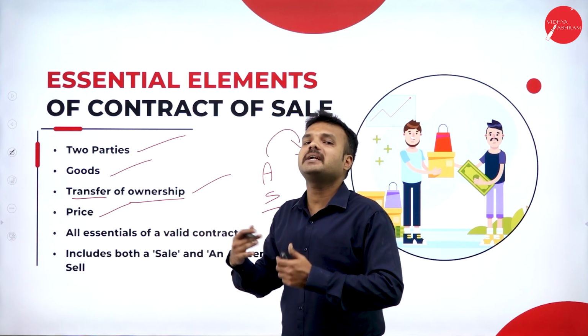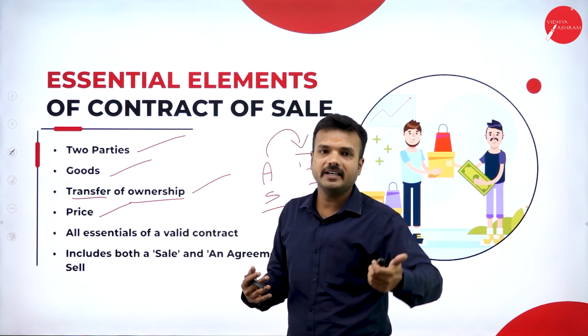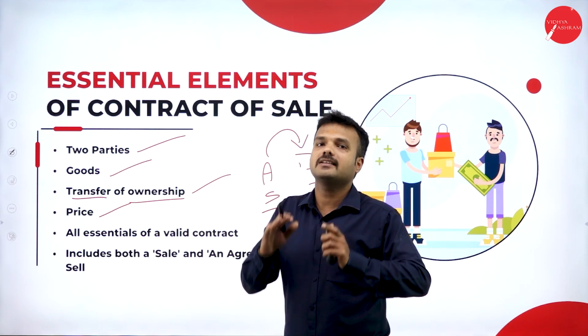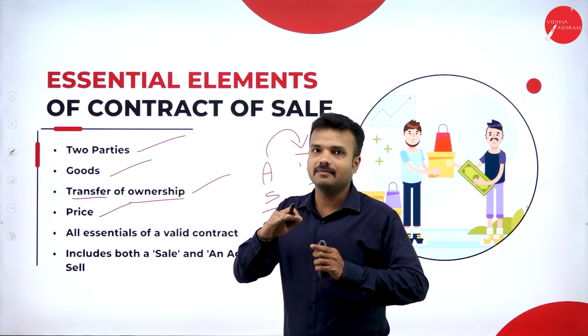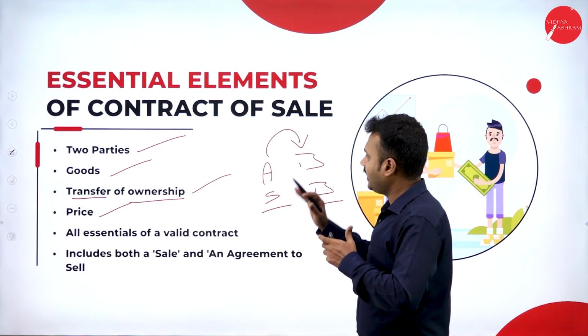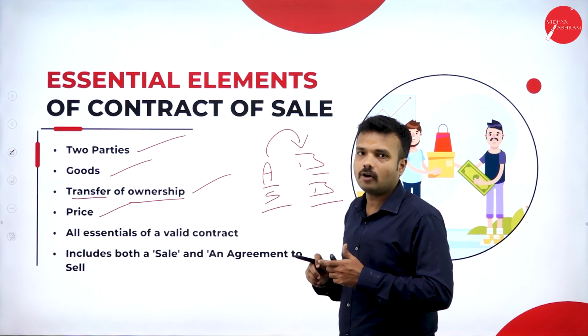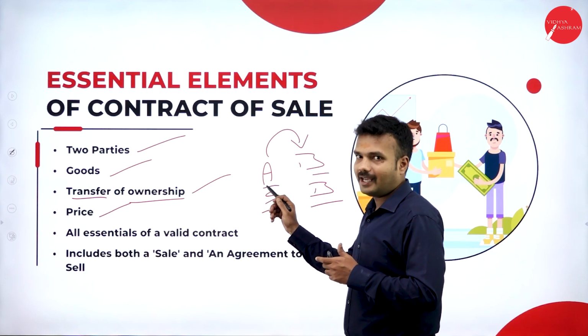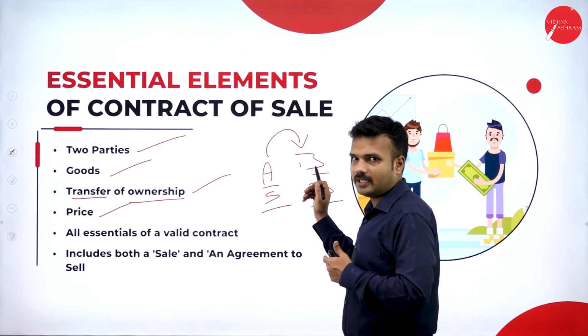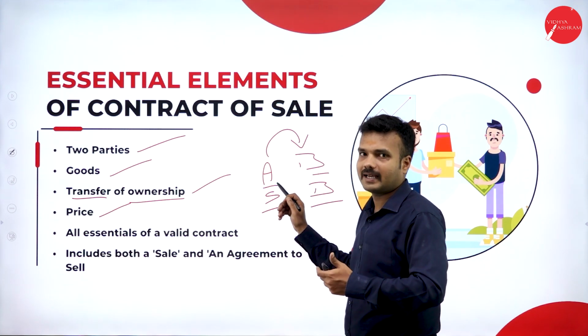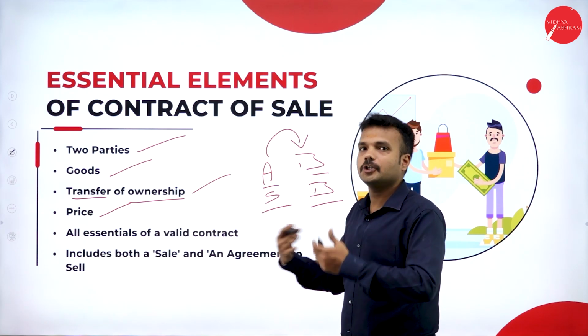There must be only monetary consideration. When it comes in terms of the Indian Contract Act, there must be consideration, but they never specified that it must be in monetary terms. For example, let me consider the Indian Contract Act. Mr. A is going to give Mr. B his red color car, and Mr. B is going to give Mr. A his blue color car. They are going to exchange the cars mutually.